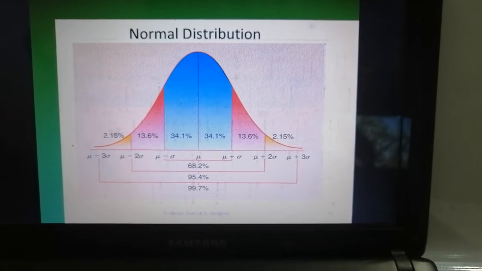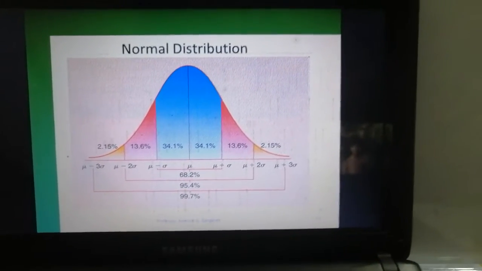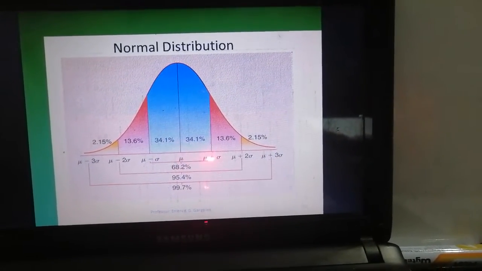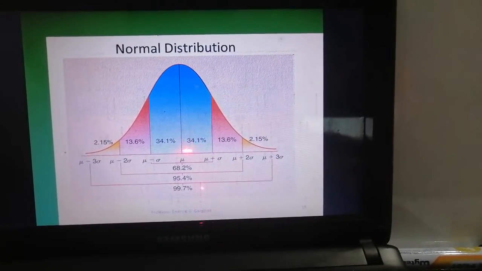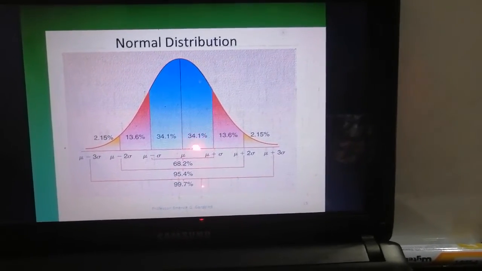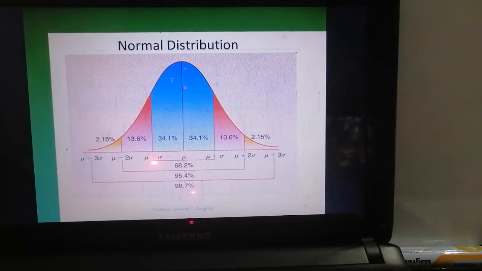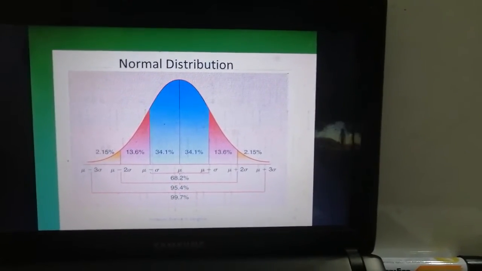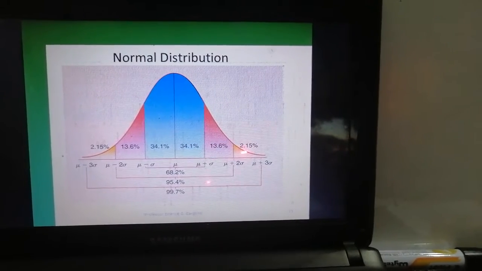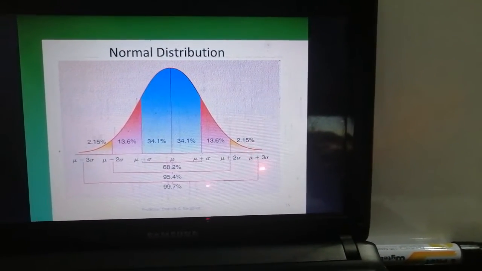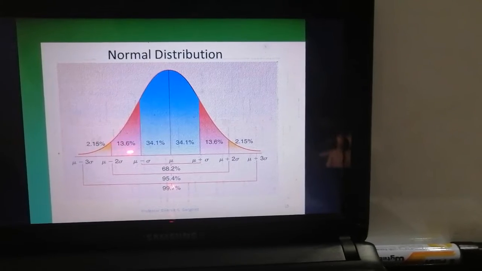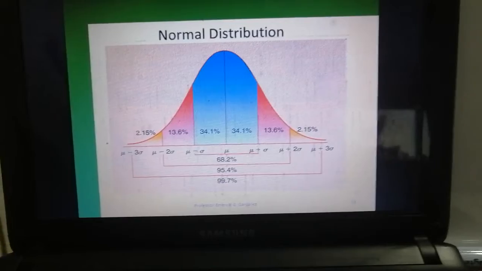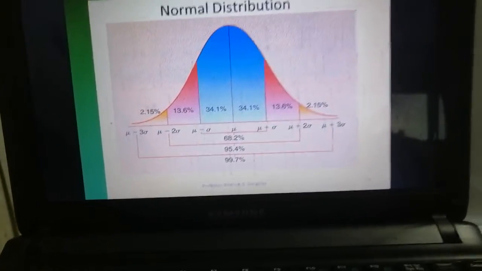So, recall that in normal distribution, we have these areas under the normal curve. Notice that from the mean to the first standard deviation, the area is 34.1, which is the same area from 0 to the first standard deviation to the left. And then from the first standard deviation to the second, you have 13.6, and 2.15 from the second to the third. Because of the property of symmetry, we'll also see the same areas on the left side of the distribution, or on the lower